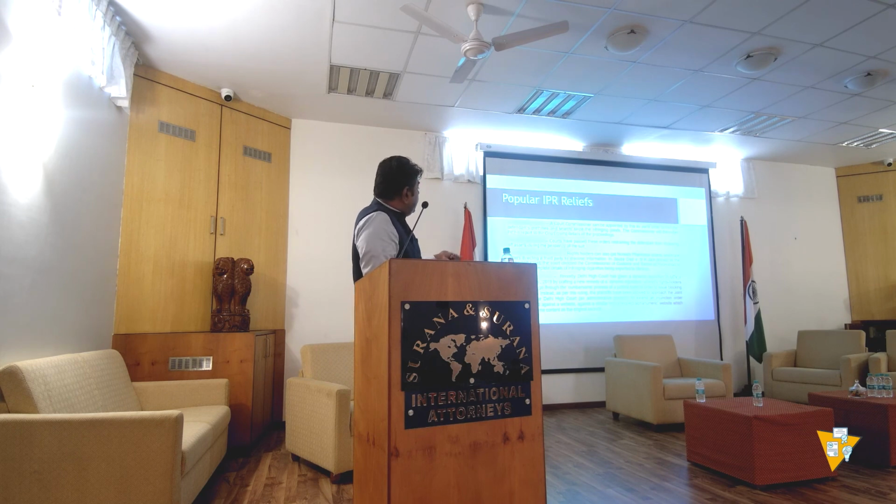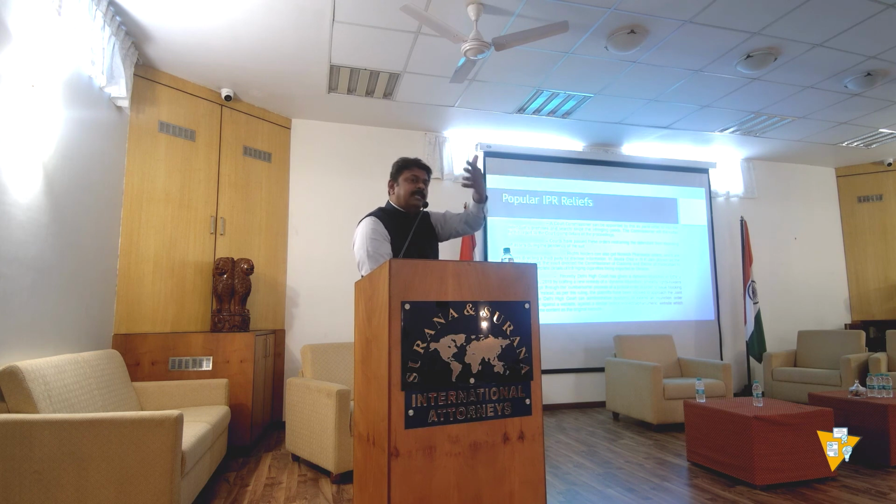Some of them are these, and the recent one is the dynamic injunction. You know this case, UTV versus 1337. What happens is that by changing one or two letters, the website name can be altered, but they may still be infringing the same rights. It may be, let us say, xyz.com, and they may put xyz1.com, xyz2.com. Every time you can't go to court and get an injunction. So they give a blanket injunction, what we call a dynamic injunction.